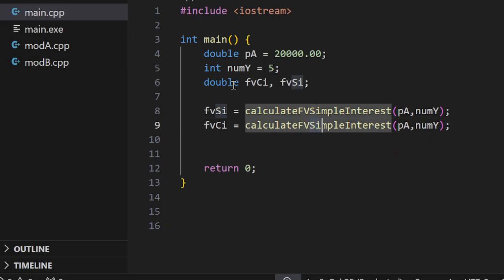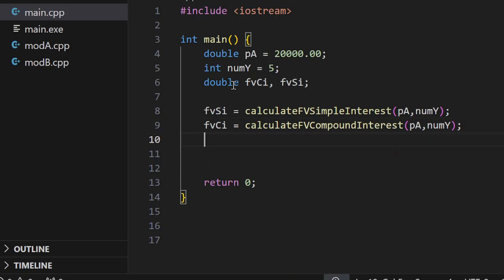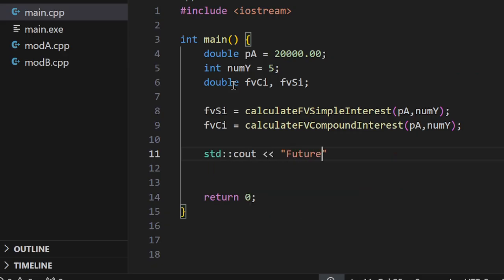It's going to be compound, and finally I want to display this data, compound interest, and